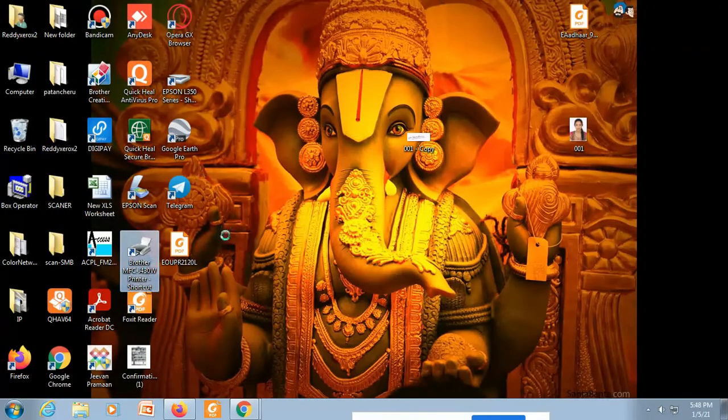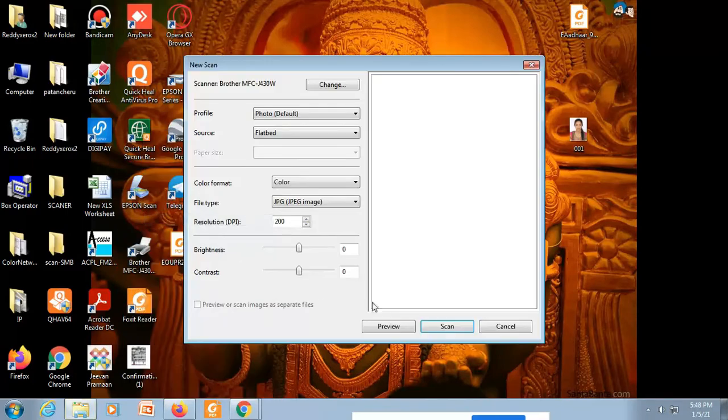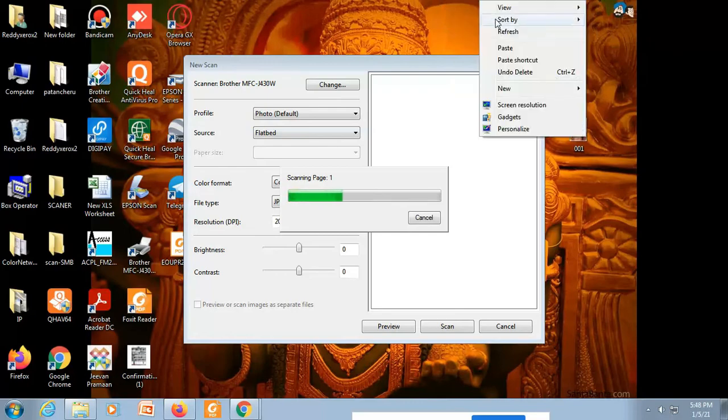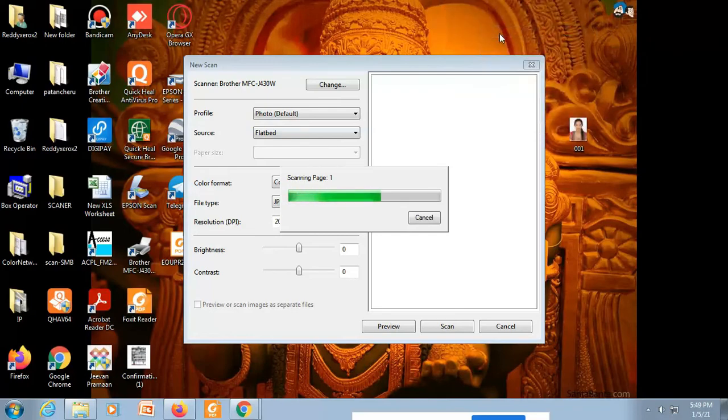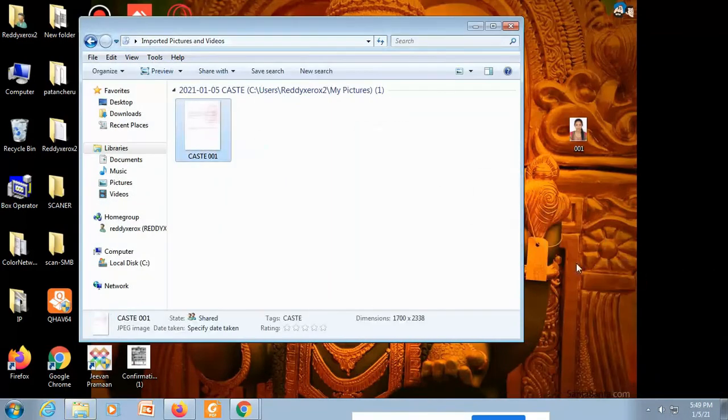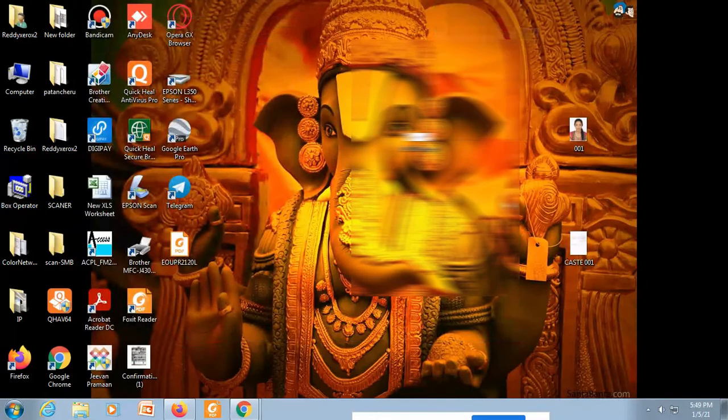Yep, that's it. You can scan. This is the procedure. I'm scanning here. Selected the file. Scanning page 1 for the application process. So you can actually use online tools to scan or resize your images. There are a number of tools. If you want to convert an image into PDF, use iLovePDF or anything.